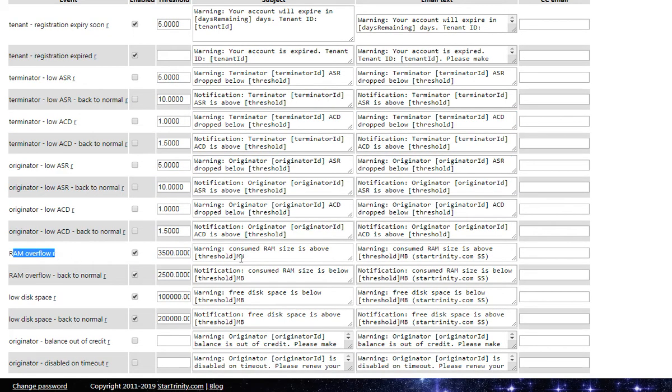RAM overflow: it is when consumed memory is above a limit. I set it to 3.5 gigabytes, and I am notified about huge memory consumption, and it could be a sign of a softswitch crash. Some tenant may overuse the softswitch, for example, but there are limits for tenants. But I monitor it anyway, and when it is back to normal RAM,